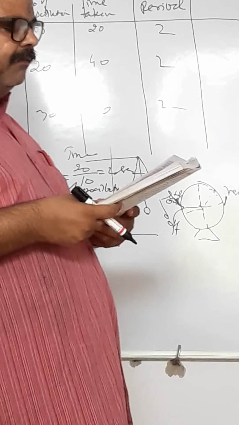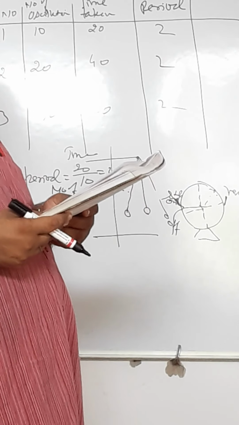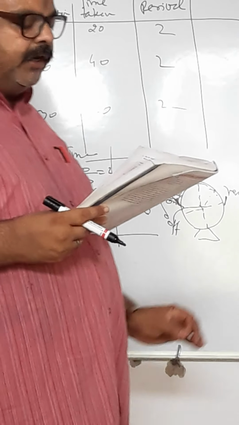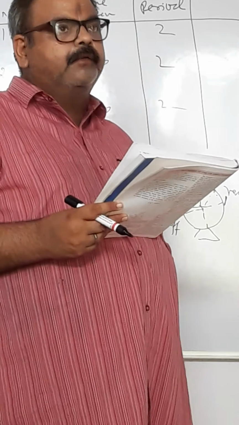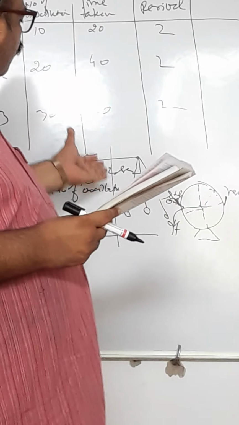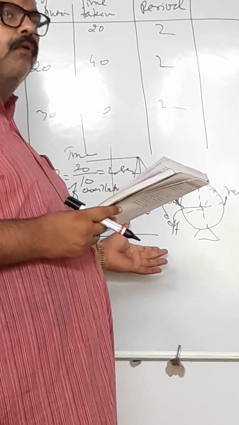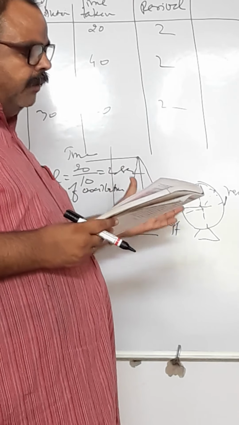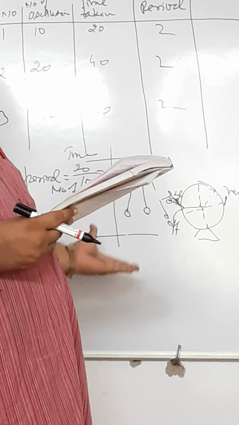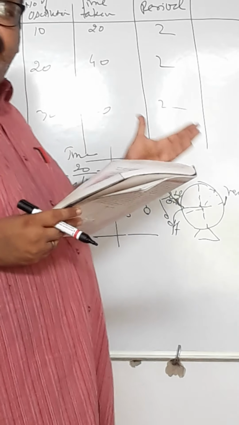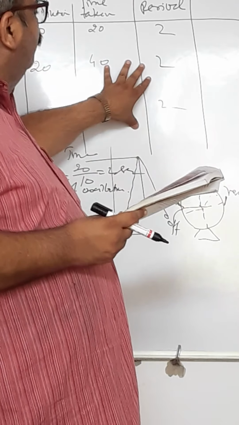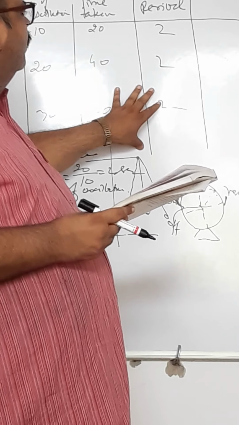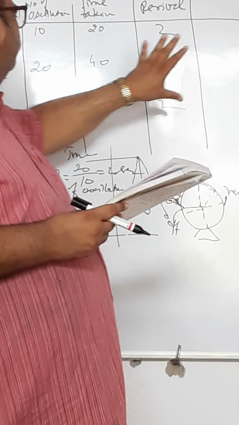Now, after this table, they have given L upon T square in centimeters. From the above information, it can be noted that the length of the pendulum is made 4 times. Here we have not changed the length, we have only calculated the time period. In the second experiment, we will change the length of the pendulum. By the first experiment, we only show how to calculate the time period.